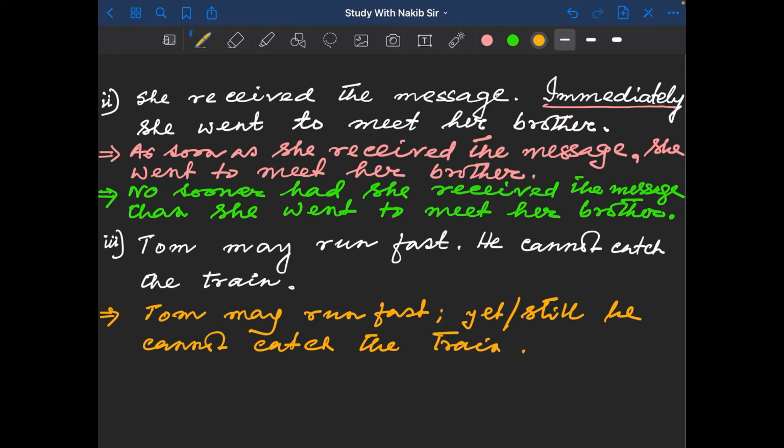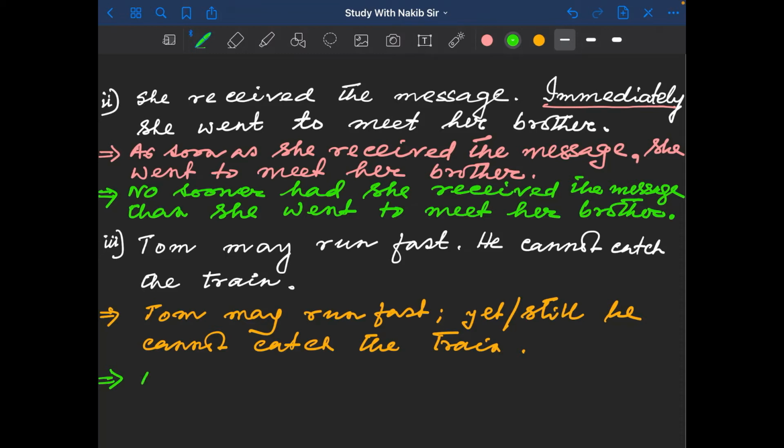Okay, so Tom may run fast. Tom may run fast, semicolon, yet (you may use yet, or you may use still) he cannot catch the train. This is your one combined sentence, and you can combine the sentence in another way, that is, see here,